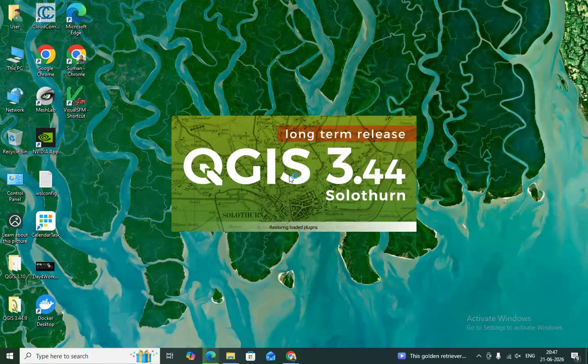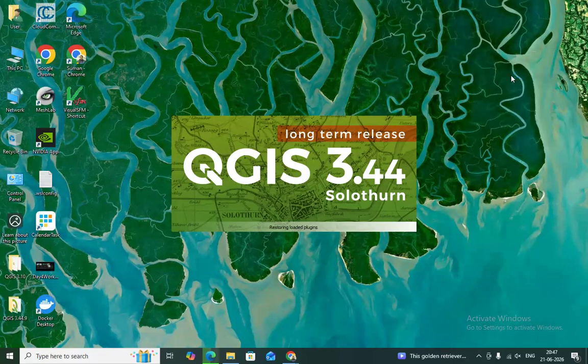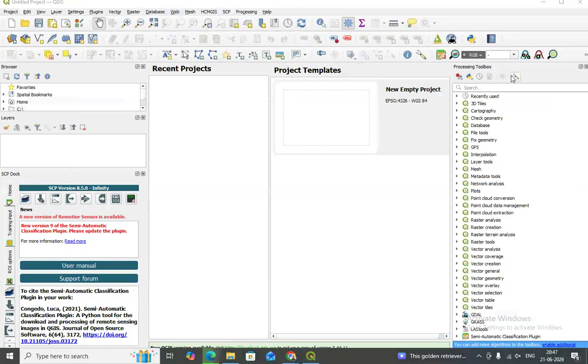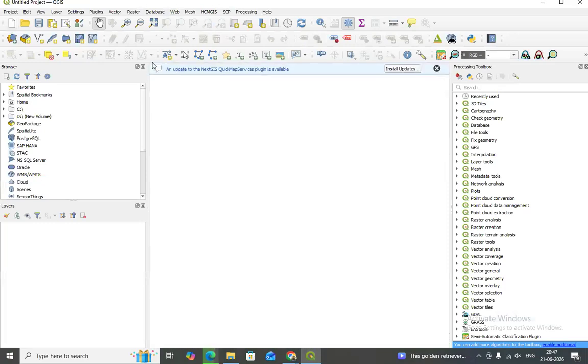Sometimes it takes time. So this is the QGIS interface. We are already familiar with this interface. Last day we did some remote sensing indices and we did classification. So for this, you have to install the LASTools from the plugins first.